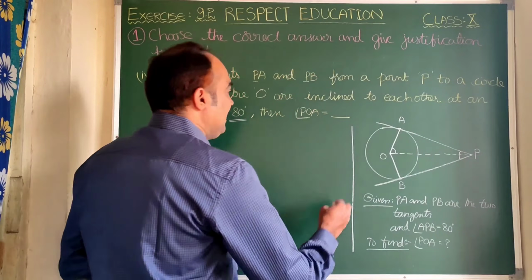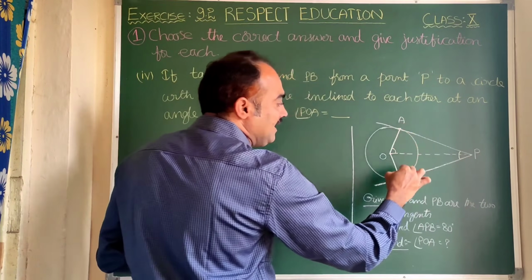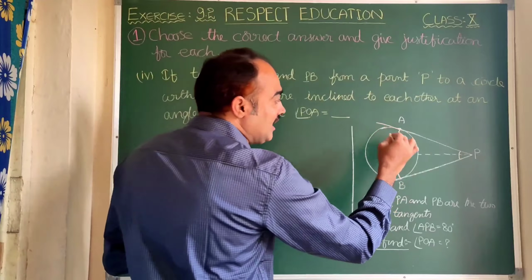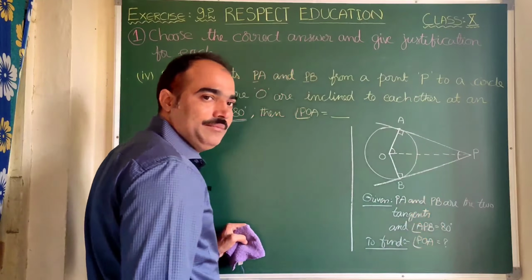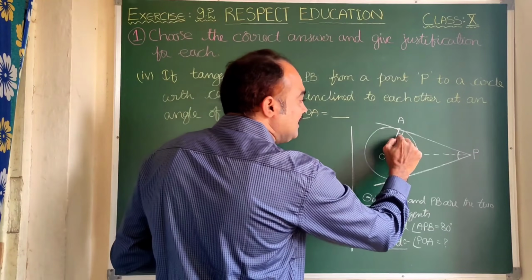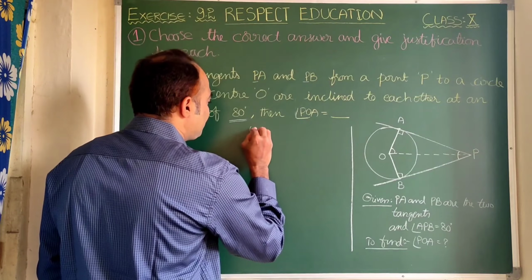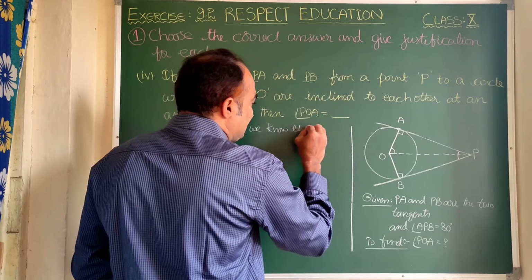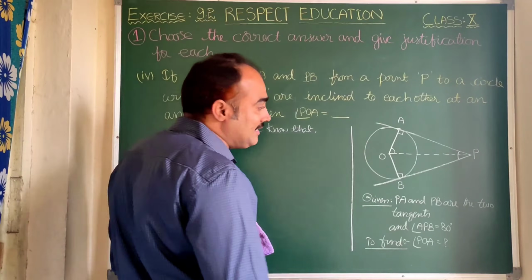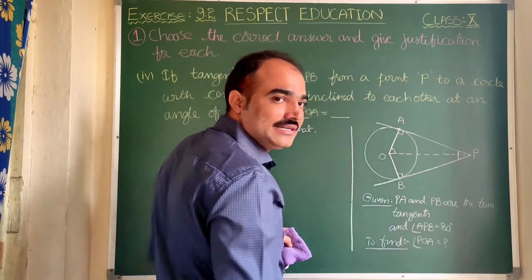So here let us observe what is the angle A and also what is angle B. In simple, what are these angles? Angle A and angle B. As we know, this is 90 degrees, this is also 90 degrees. The reason is that we know the reason is nothing but theorem 9.1. It says that the angle between the radius and the tangent at the point of contact is 90 degrees.